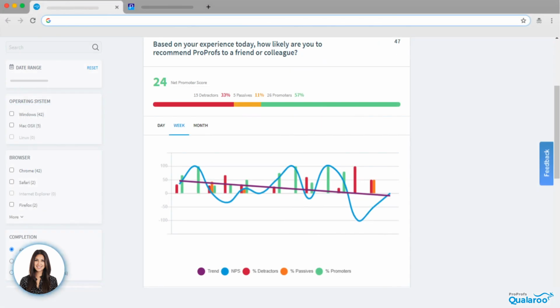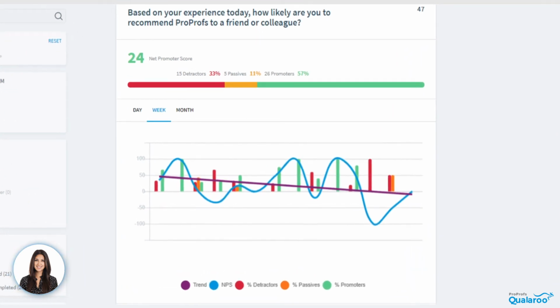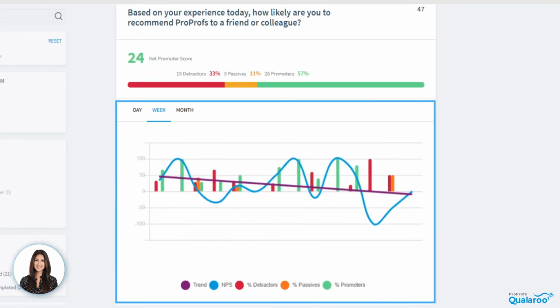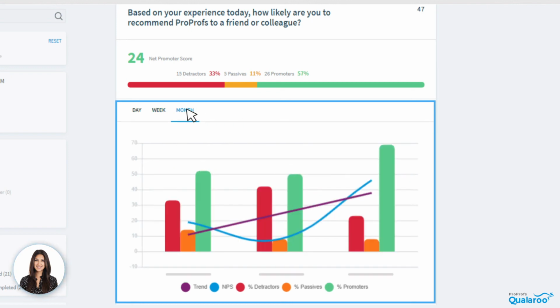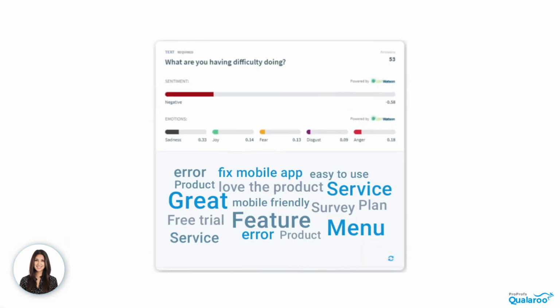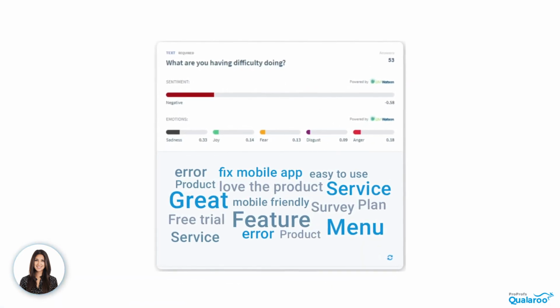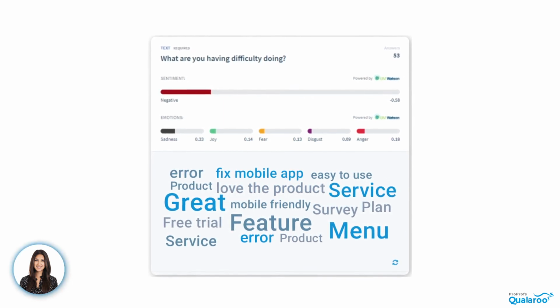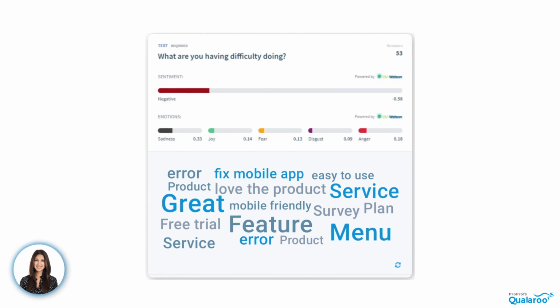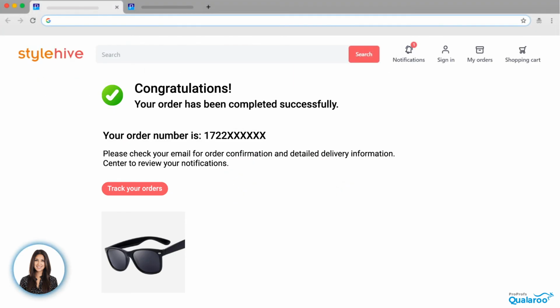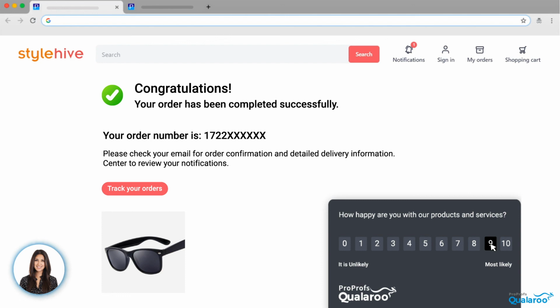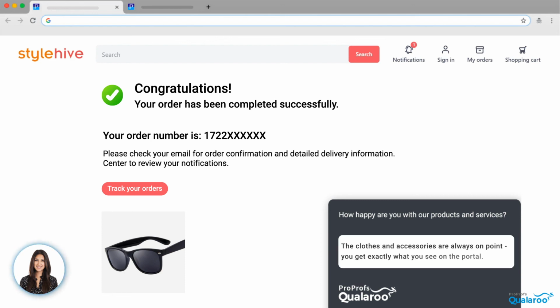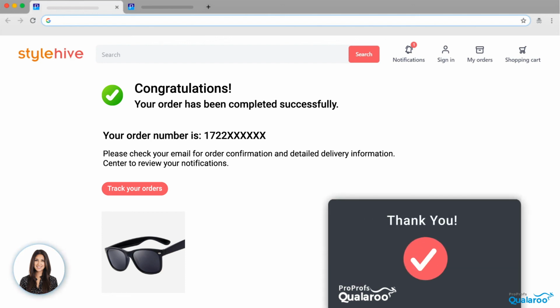To make analysis easier and faster, Qualaroo employs an AI-based sentiment analysis engine. It digs deep into the free text responses to automatically group them based on visitor emotions. And with the inbuilt word cloud generator, you can uncover what your visitors are talking about the most without analyzing each response manually. This way, you can close the feedback loop quickly with a data-driven approach to understand your customers, resolve their issues, deliver a better experience, and grow your brand with Qualaroo.